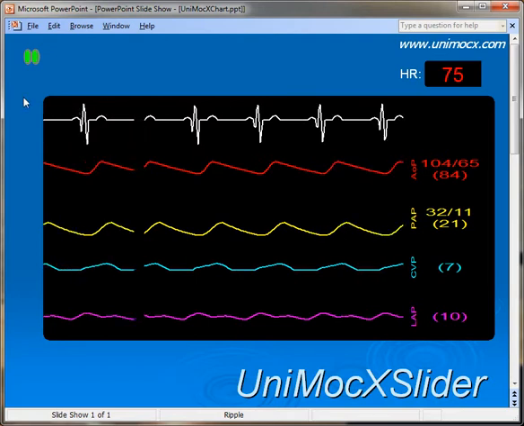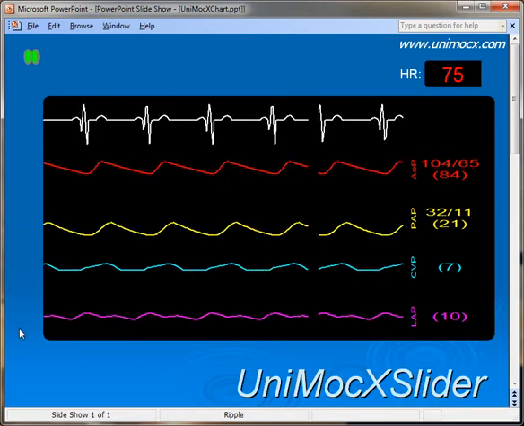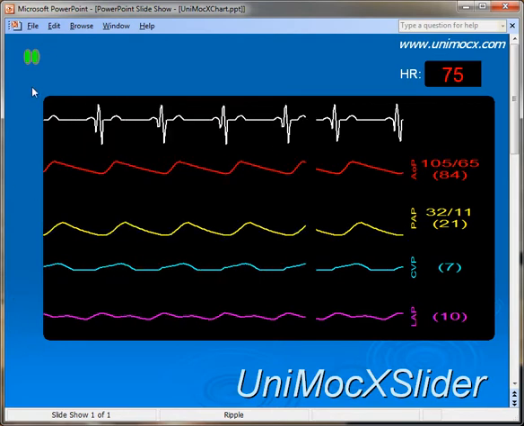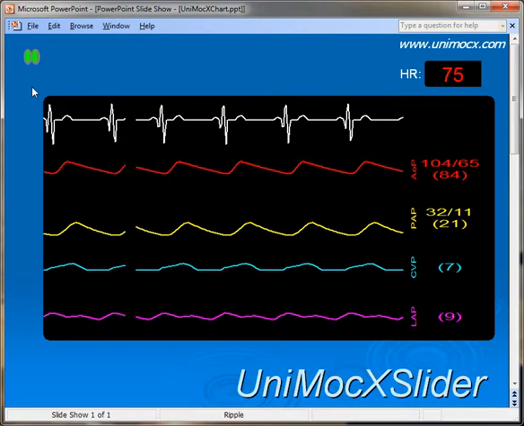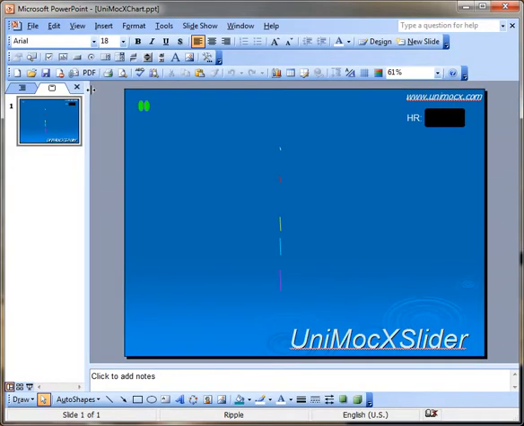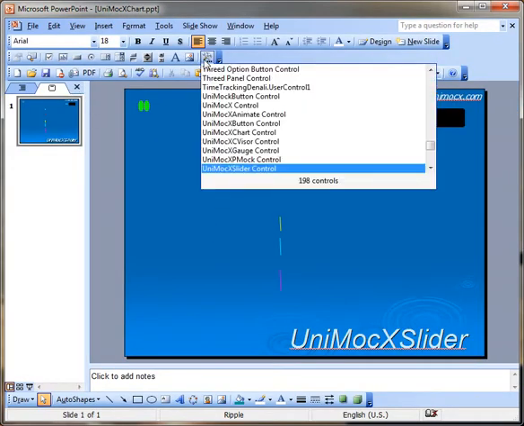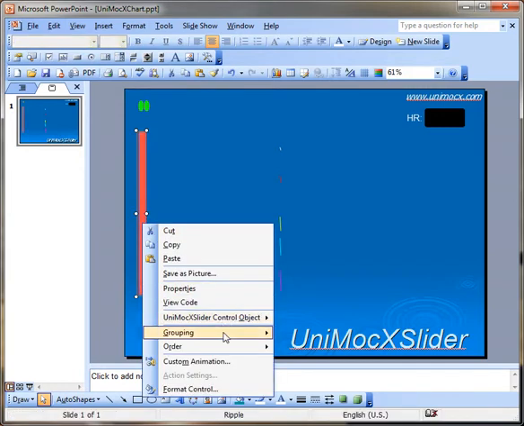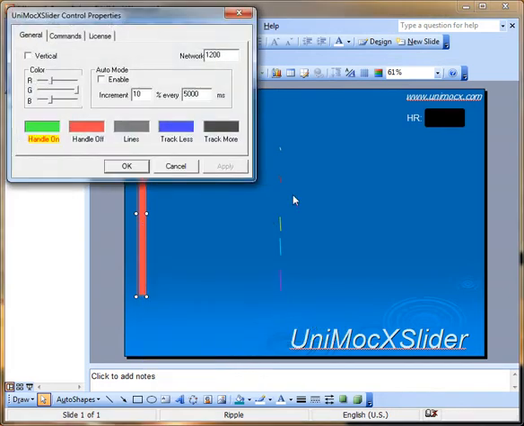So what we're going to do here is add a UniMox slider control over on this side of the chart control that will allow us to adjust the heart rate. So we'll go ahead and stop our slideshow, go into our control toolbox, choose a UniMox Slider control, and we'll draw a slider onto our page. Right click on the slider, choose properties,